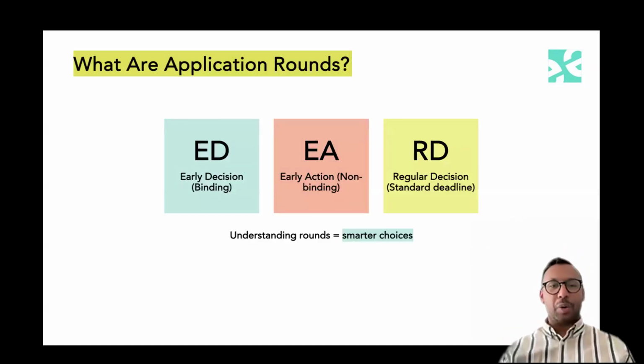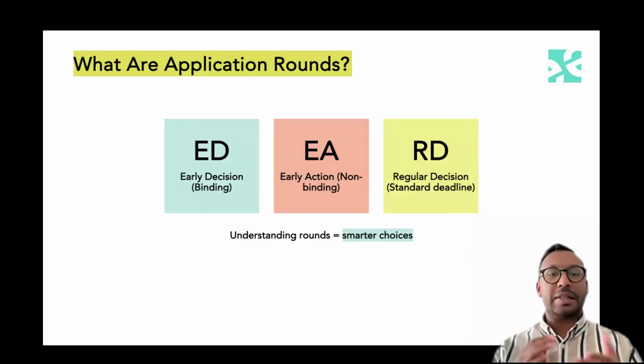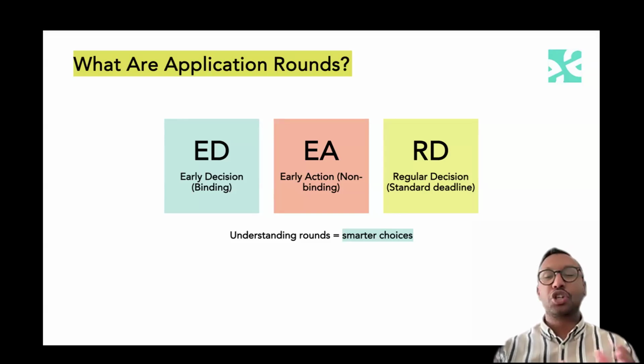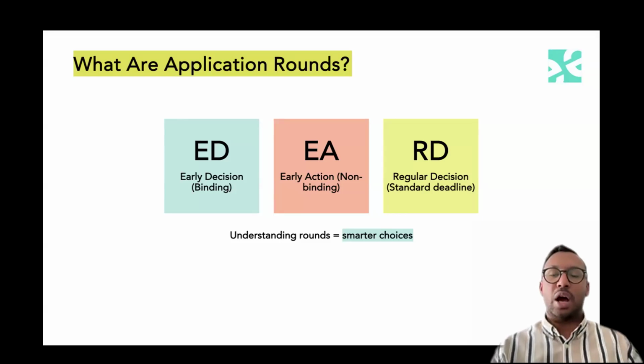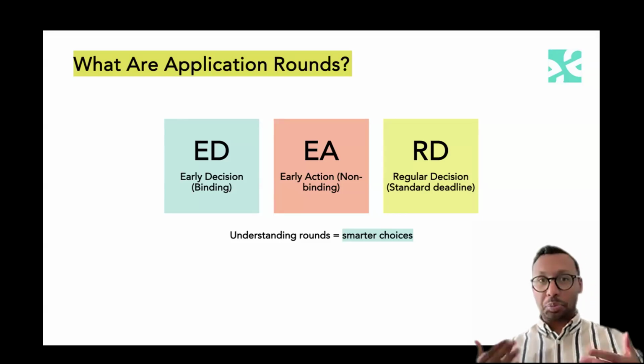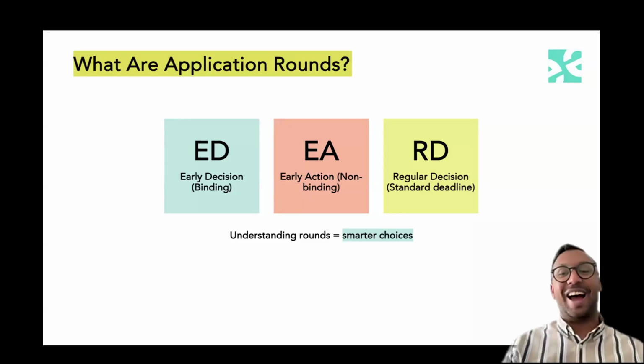So, brief outline. Typically, what we have is early decision, which is a binding application specific to US universities. In addition to that, there's early action. Typically speaking, students can apply to 2 to 3 universities within early action. And then finally, regular decision, which is the most common round. So we have the bulk of applications typically received or sent within the regular decision round. And this is typically around January of your senior year in high school.